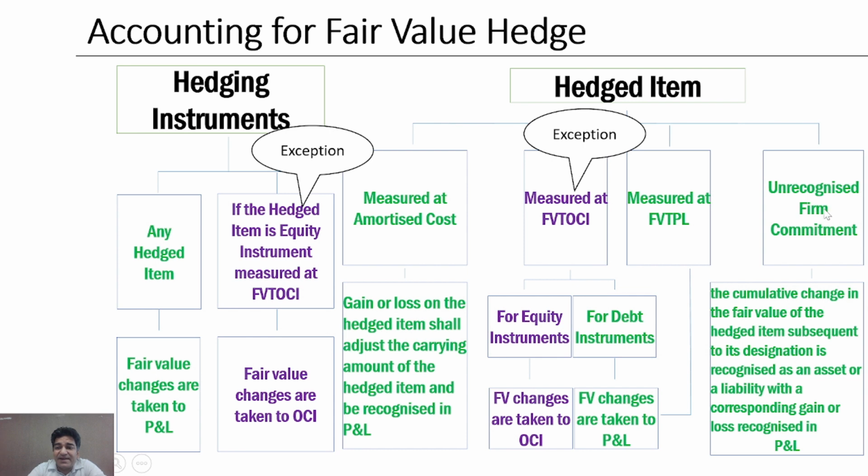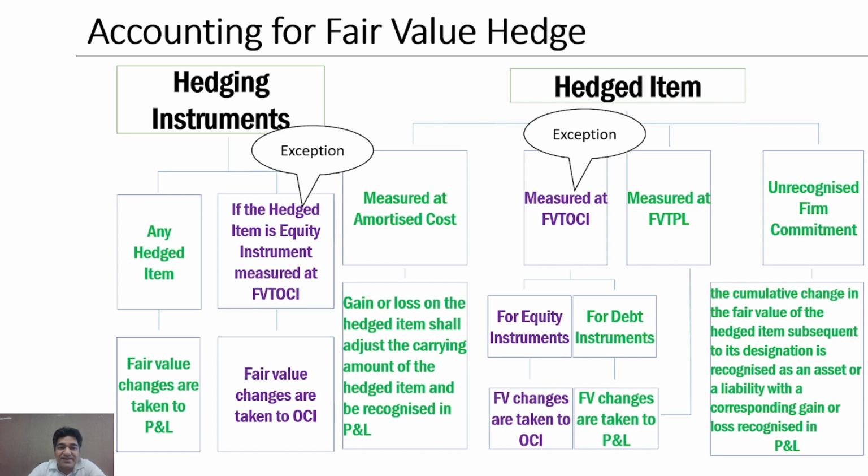In case of an unrecognized firm commitment, this is also an eligible hedged item, which we have already discussed in the previous videos. The cumulative changes in fair value of the hedged item are taken to the profit and loss account. So guys, in summary, if we look at this slide, all the changes in fair value, whether for the hedged item or changes in fair value of a hedging instrument, will be taken to the profit and loss